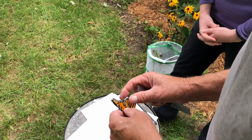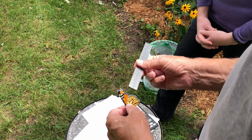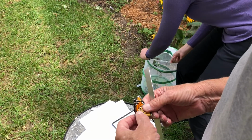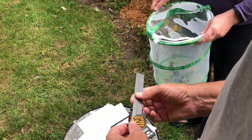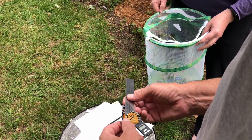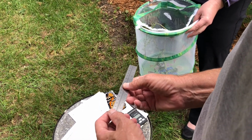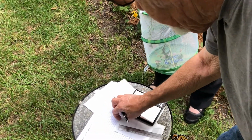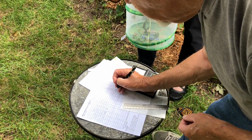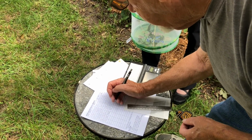And what we're going to do is straighten that wing out a little bit there. He's still a little soft. We might have to keep him for a little while, and then he's got to harden up a little bit. We go in. He's got a 50 millimeter forewing and roughly 30 millimeter hind wing. So let's go 50, 30, and this is, we said, female,